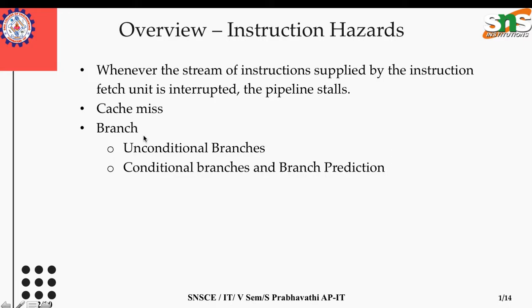So branching will also introduce stalls. It means that only after evaluating the branch instruction will the pipeline get to know the right instructions to be executed. Before that itself, the pipeline will overlap the other instructions, before calculating the target address of the branch, and there it introduces the stalls. So we are going to see how to minimize those stalls, in unconditional branching and conditional branching also.